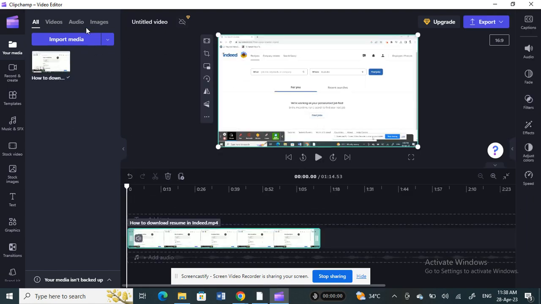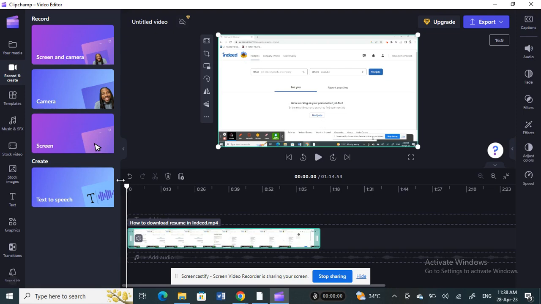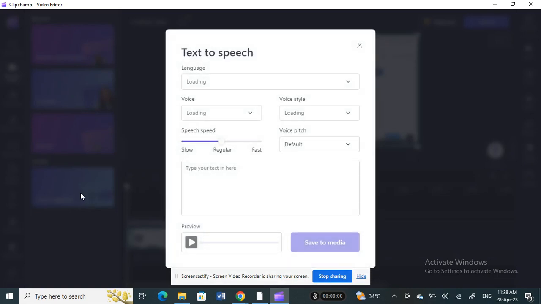Okay, so now I'm going to go to this on your left here. You have the record and create option. So I'm going to click on it, and then I'm going to choose the text to speech feature here at the bottom. So just choose that. So here, when you get to